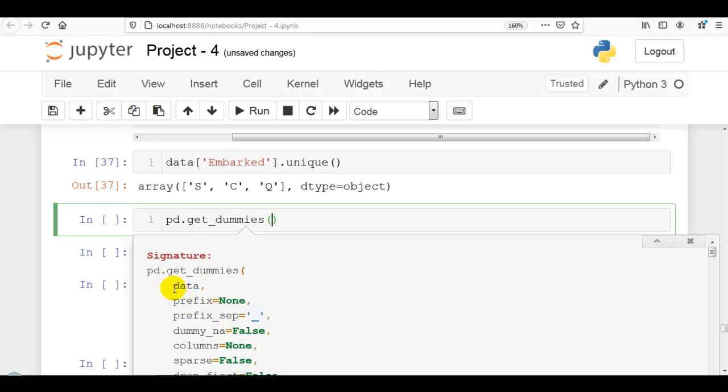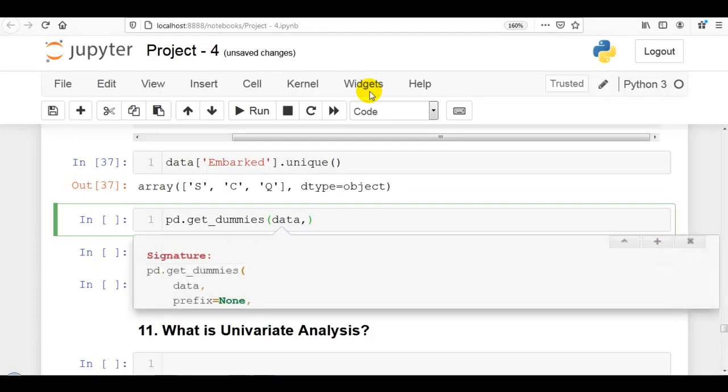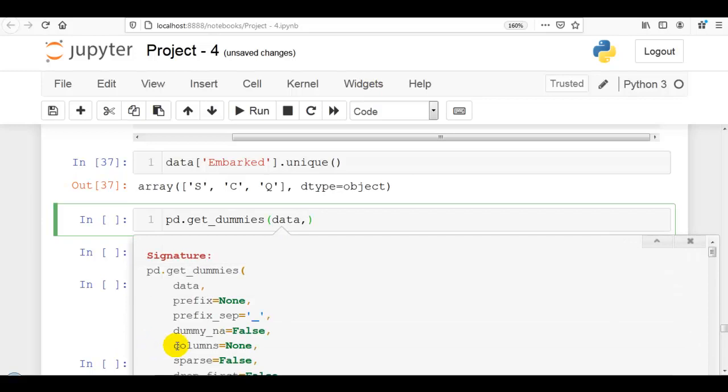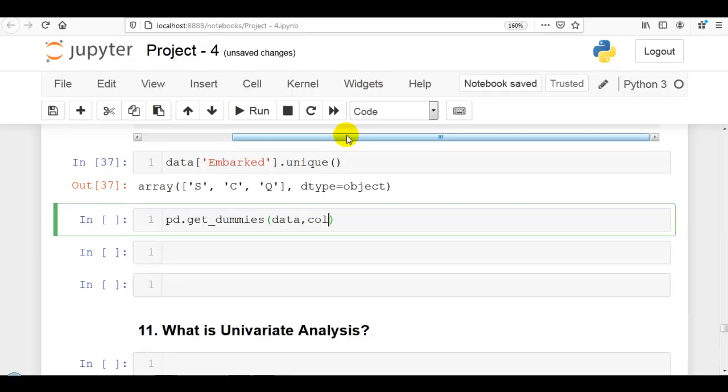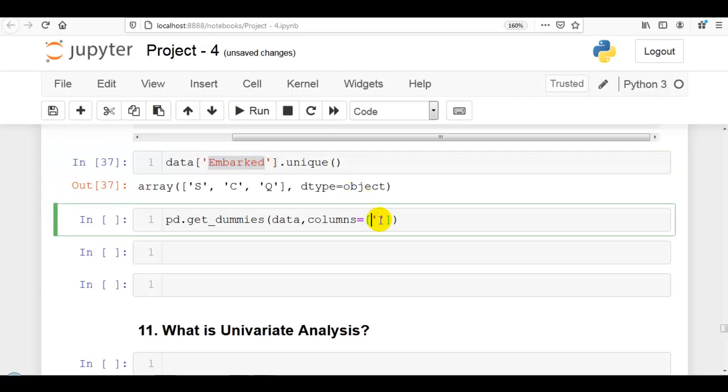As you can see, the first argument is data, and our variable is also named data. Let me press shift tab again. Here we can pass the columns that we want to encode. We want to encode the embark column, so let me copy and paste it here and execute this cell.